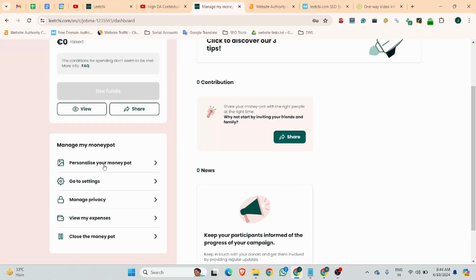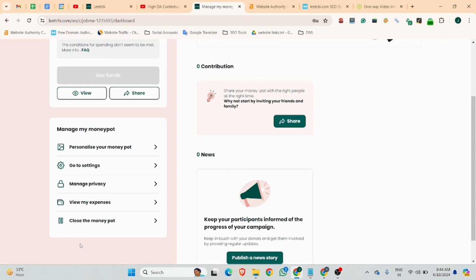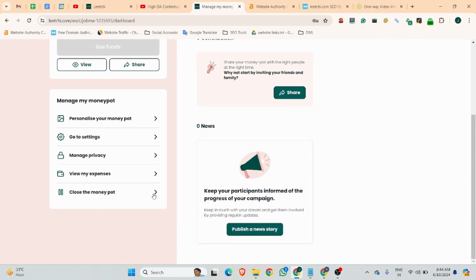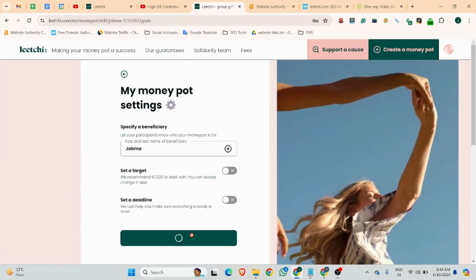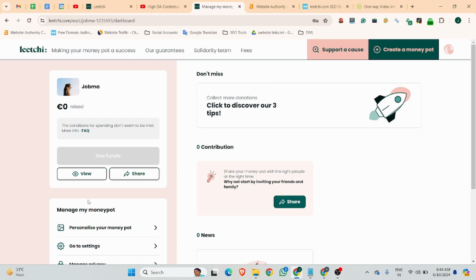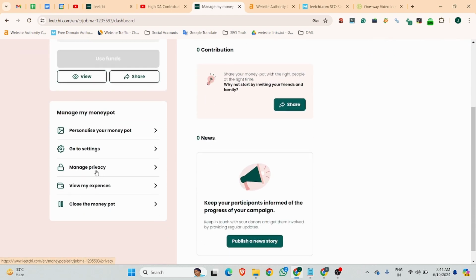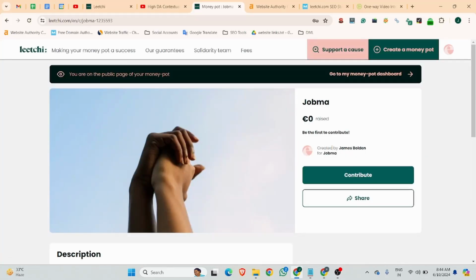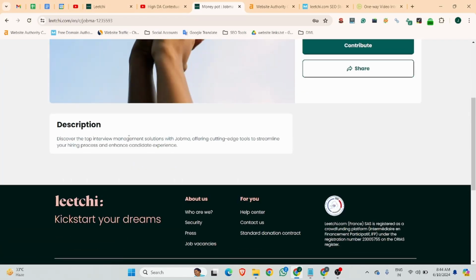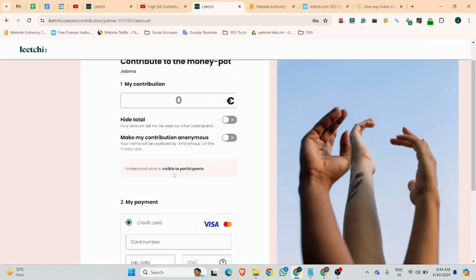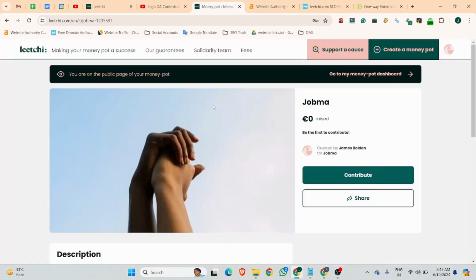But the thing is, if I click here, I wanted to add a hyperlink, but I can't because of the icons.